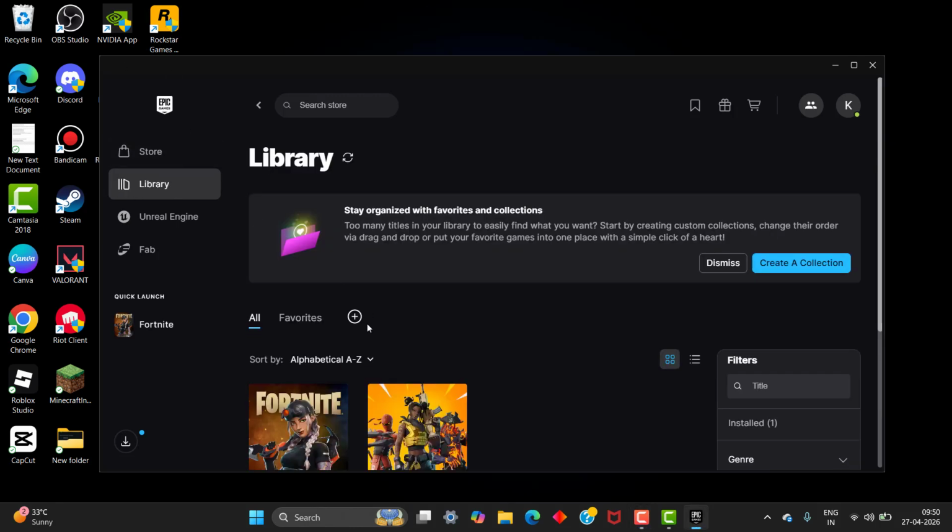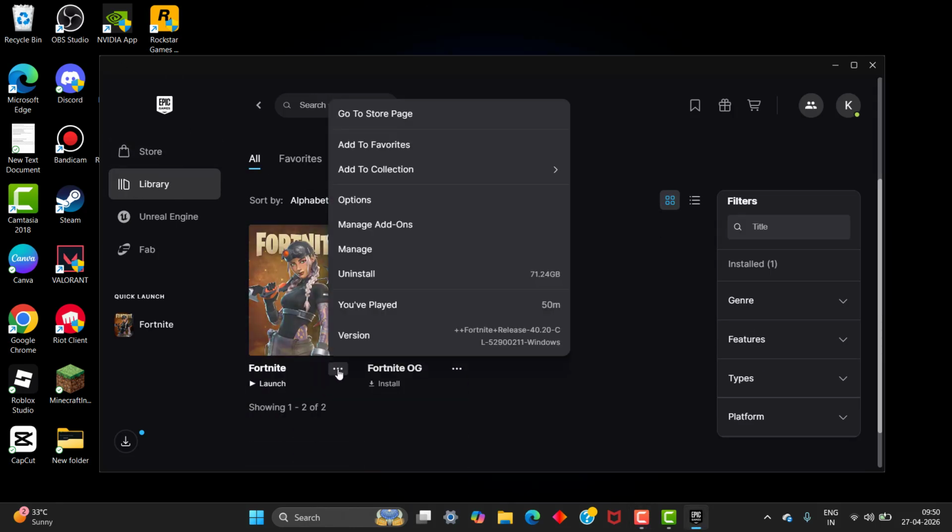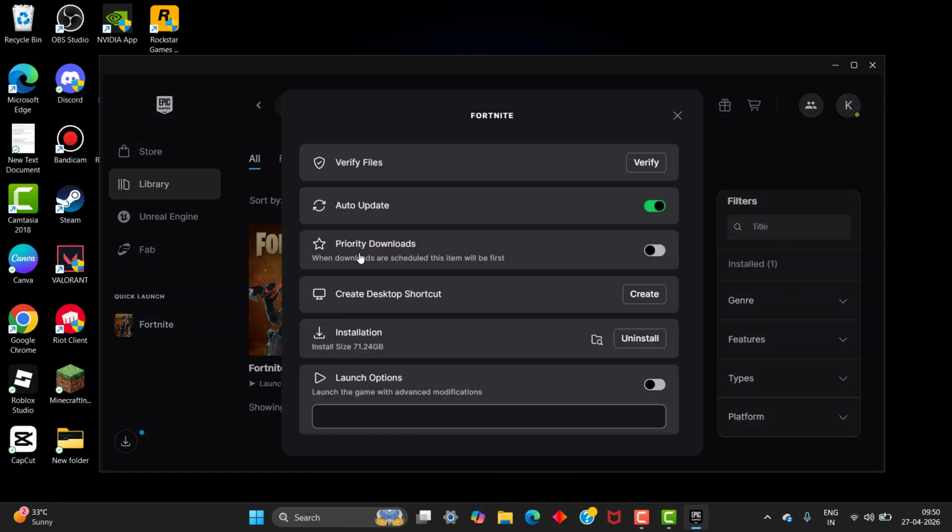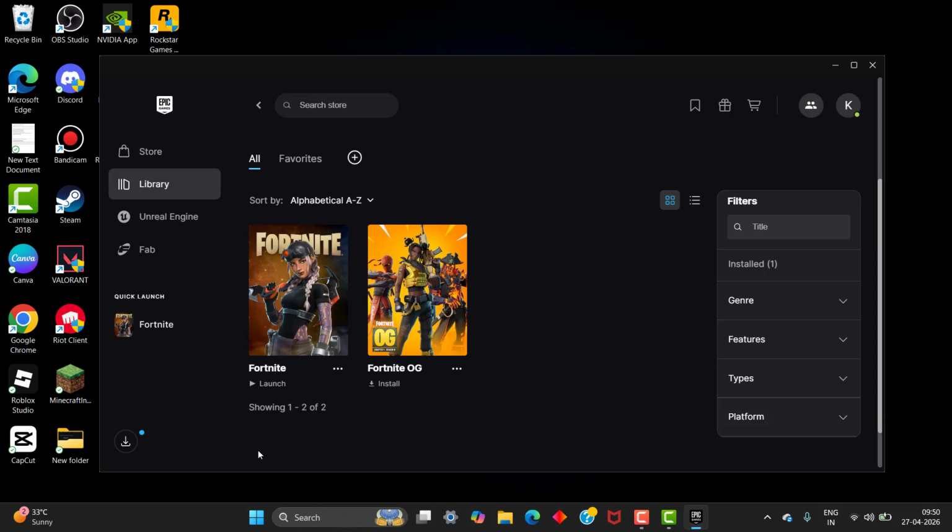See how to fix application hang detection error in Fortnite. So for this, you need to go to verify file and click the verify. After that, it takes